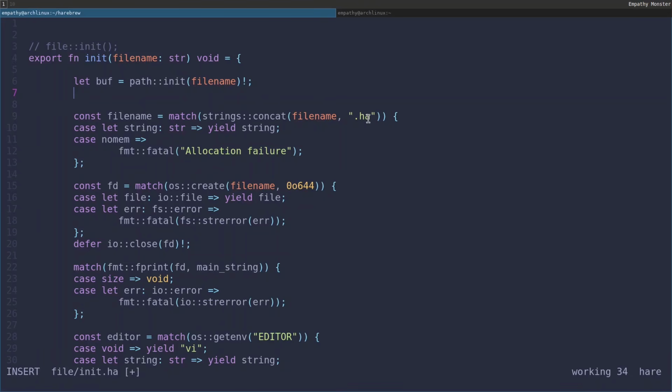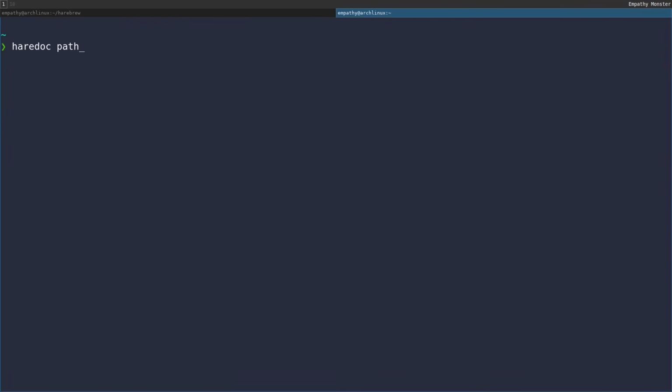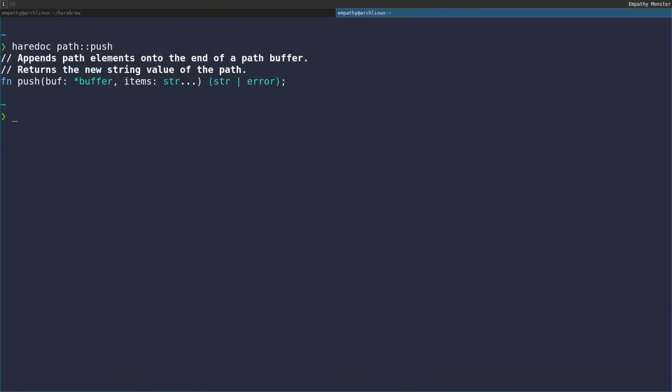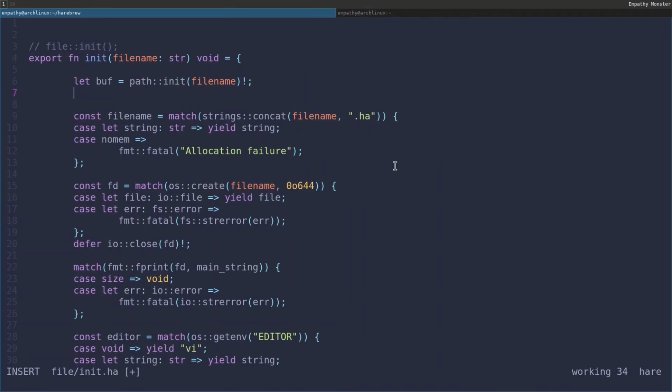So we're initializing our path, and now what we want to do is append this .ha extension onto it. Now there's two ways that we could do this. We could use a push function to push something on the end of the path, and then there is also path push ext. What this will do is add an extension to our path, and we don't have to include the dot separator. So what we could actually do here when we initialize this is we could say like this,